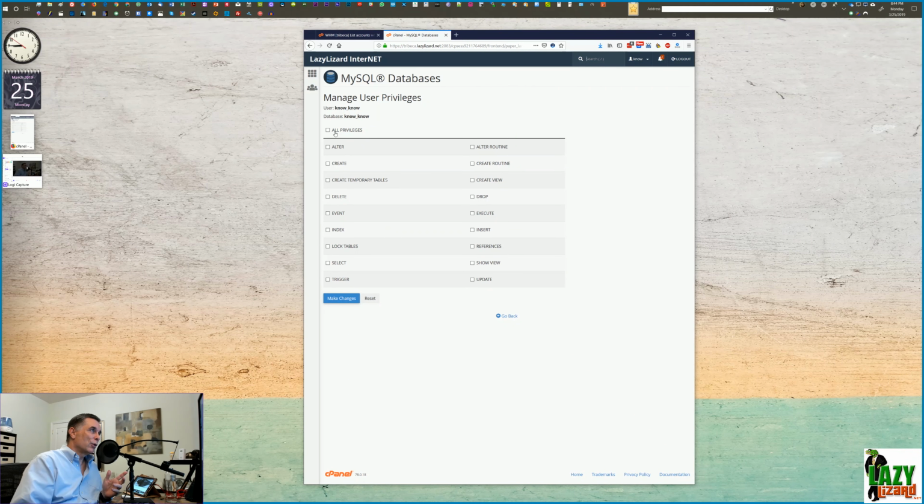Now this is where people get confused. This is very easy. This is saying what privileges on the database do you want to give to this user? Should this user be allowed to alter and create the database? Should it be allowed to update and show views and use references and lock tables and index? Yes, you want your user to be able to do everything, okay? So all you're going to do is click all privileges. That's it. Make changes